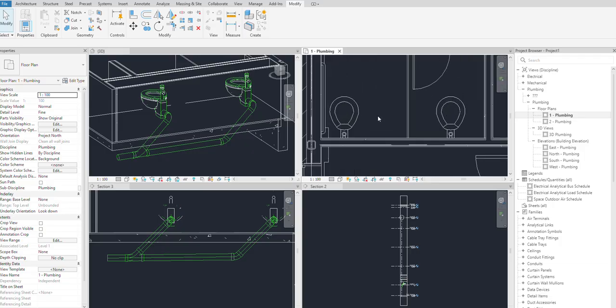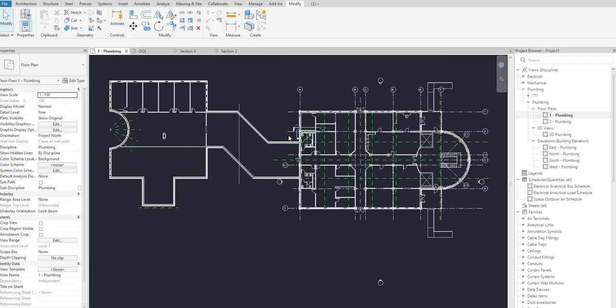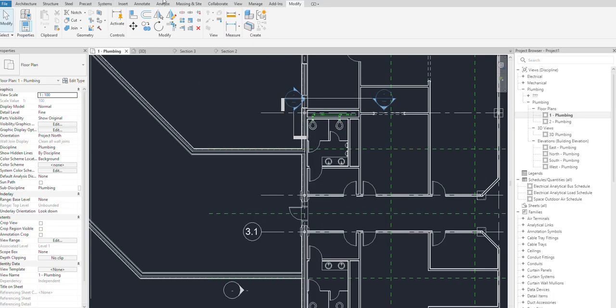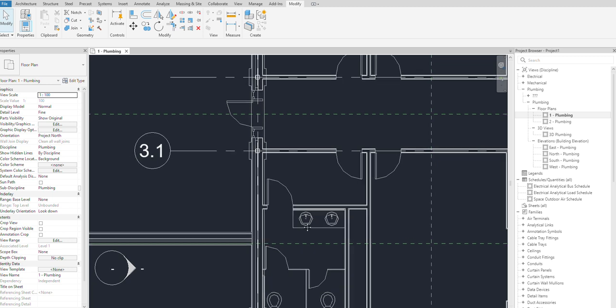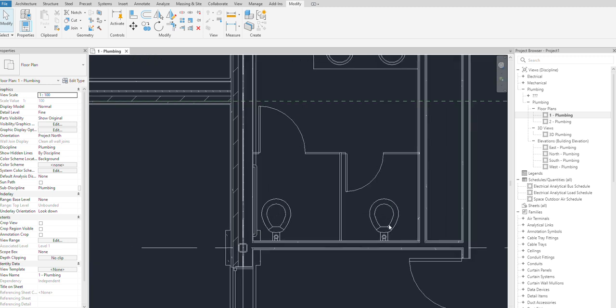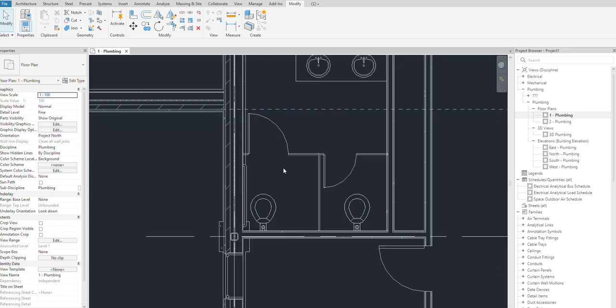What I was telling in part one, I think I can close all of the other ones. So what you do is TW, and say ZA. I will close the remaining ones. Now in part two, we will put the plumbing forward because we can't go backside, because it is a mechanical room. They will not like to have plumbing piping there. So I'll make it forward. In this case, we will require